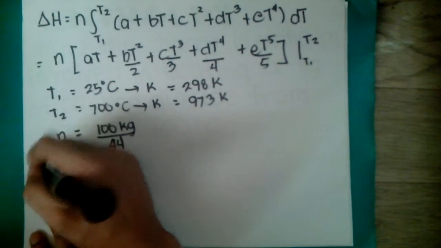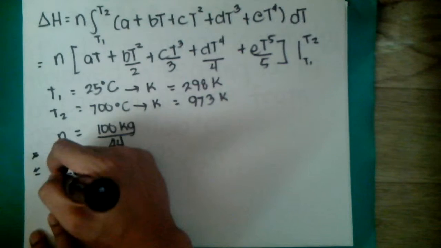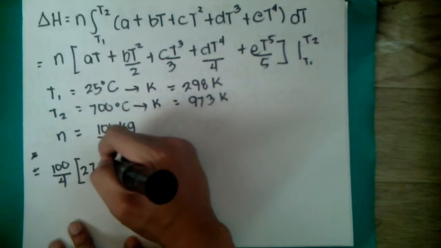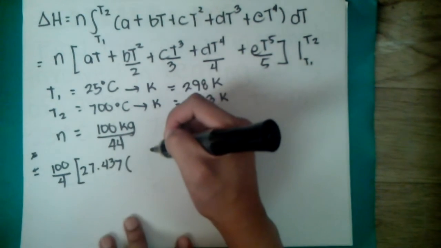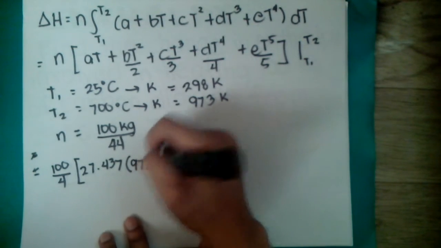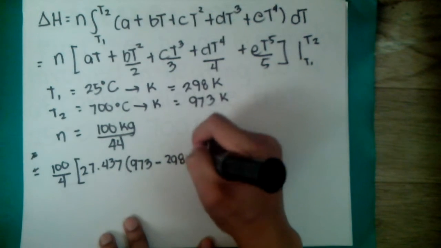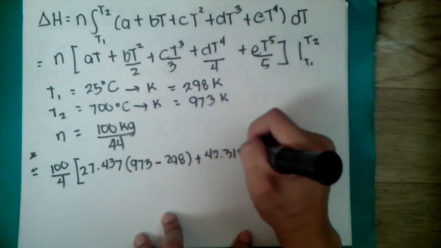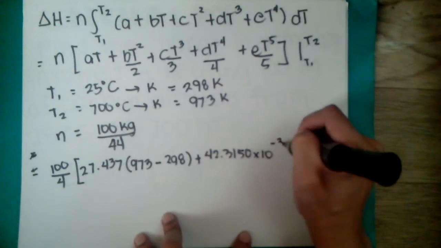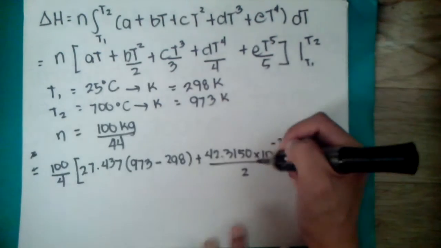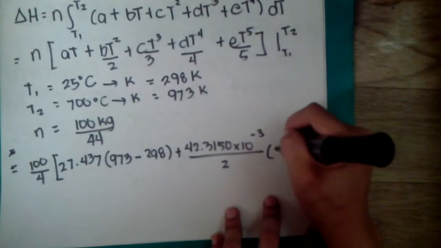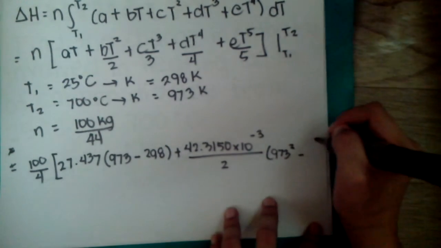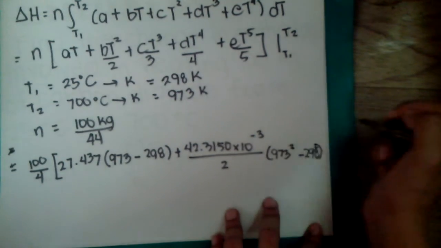Substituting this into our equation, 100 over 44 multiplied by constant A, 27.437, multiplied by the change in our temperature, 973 minus 298, plus 42.3150 times 10 to the negative 3 over 2, times the change in temperature, 973 squared minus 298 squared,